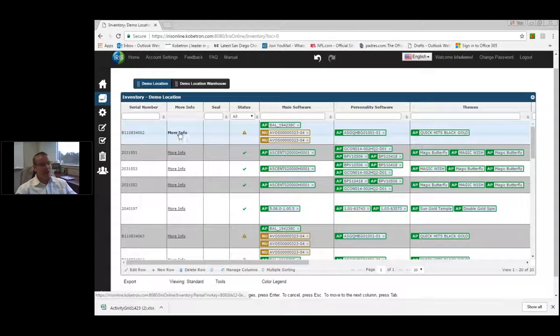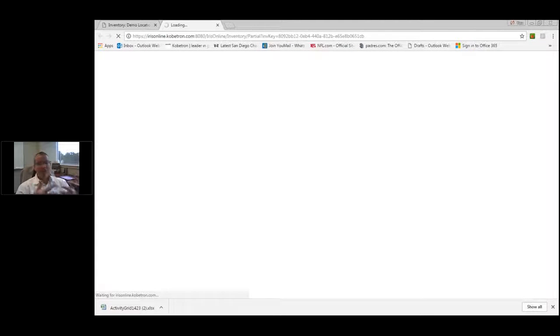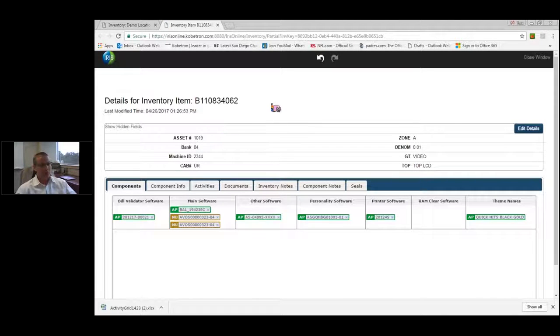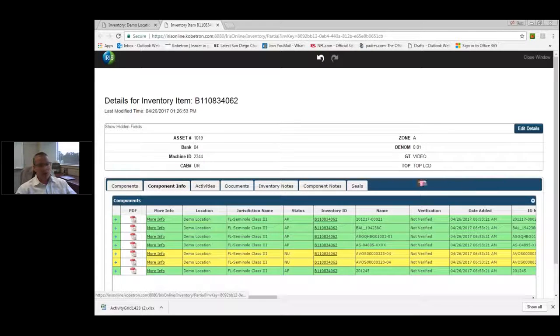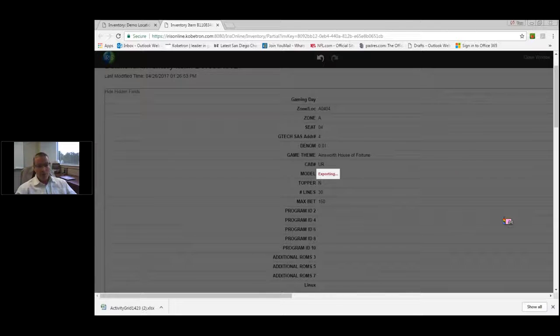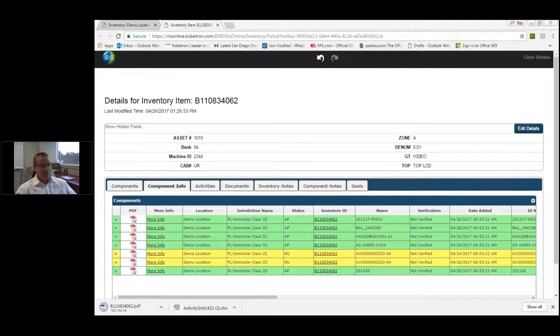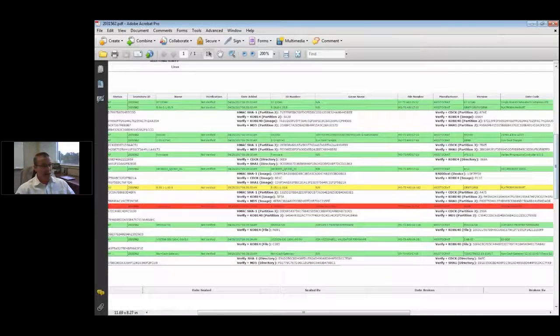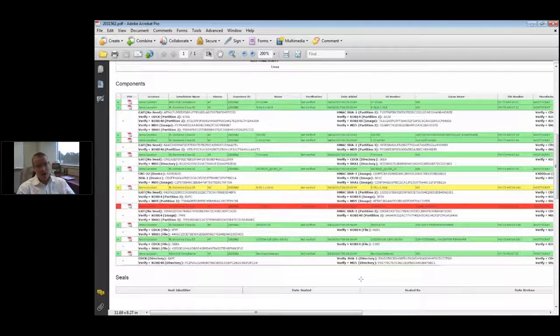And one more quick thing is, if you didn't have a device that had the capability of reaching the internet, or you had terrible internet when you're walking the floor and trying to verify machines, if I go to the component info for any machine I want, I can do a full export of all the software on this machine and then have it be something I can print out like this, that'll expand every piece of software within that machine and give me all the information I need without having to be connected to the internet. So if I was doing 10 machines or 5 machines, I could print out 5 or 10 of these,